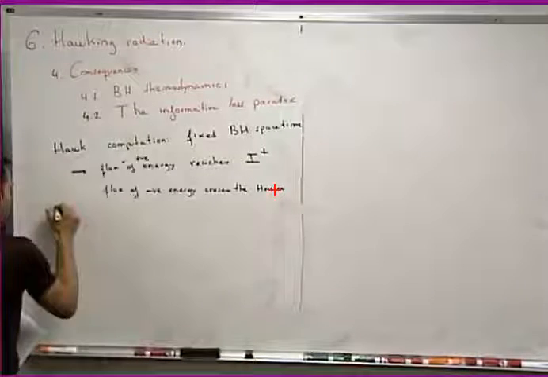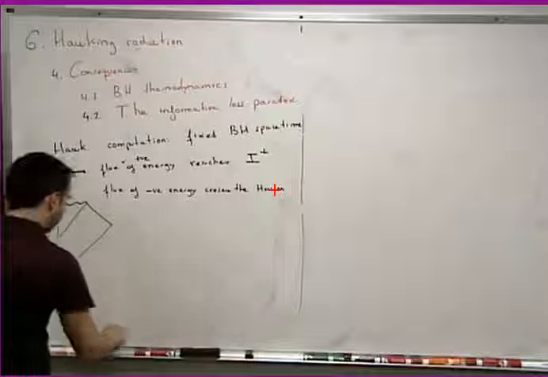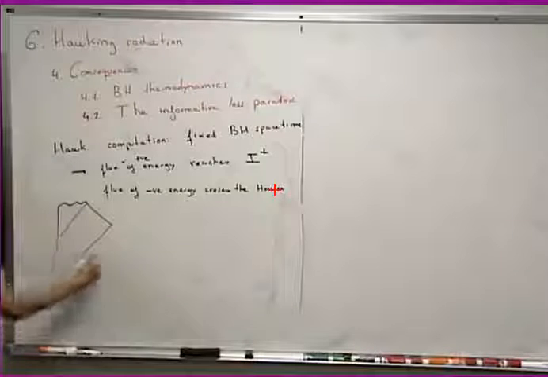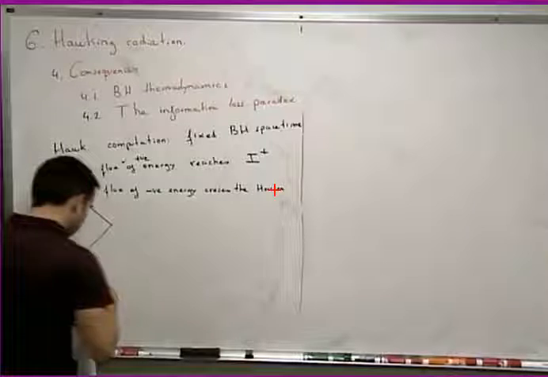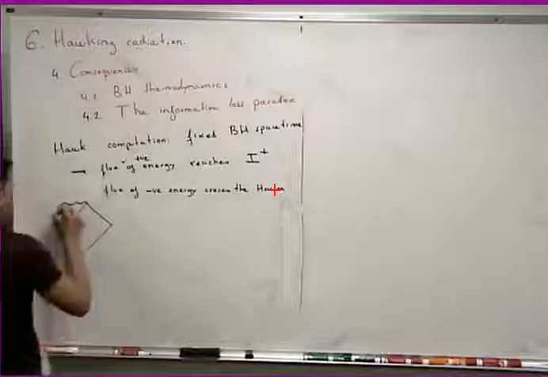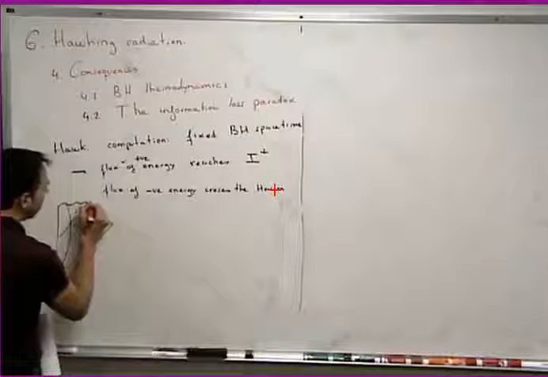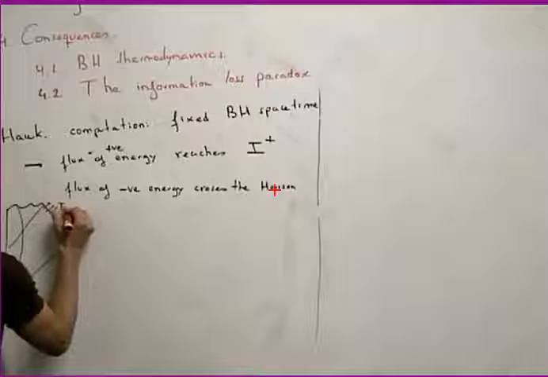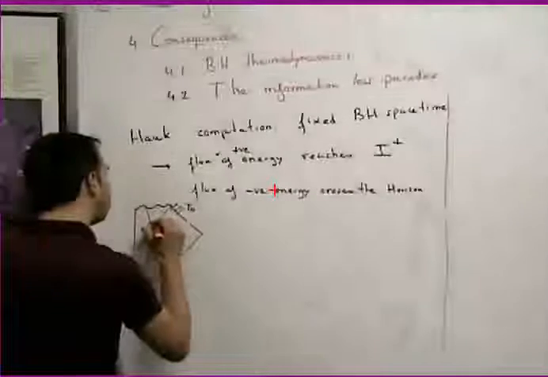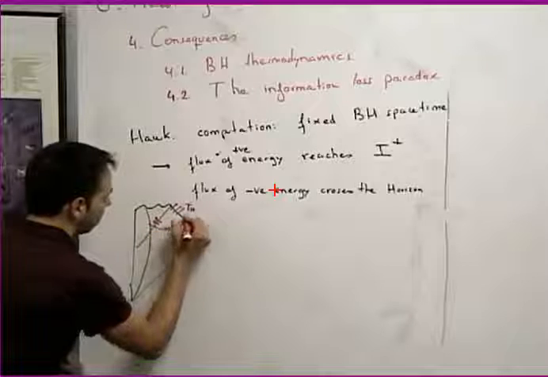So remember, we have the black hole diagram. Hawking tells us that if the initial state is the vacuum at early times, then at late times, much after the collapse has produced, at very late times there is a flux of thermal radiation here, and there is an ingoing flux of negative energy. This is positive energy.